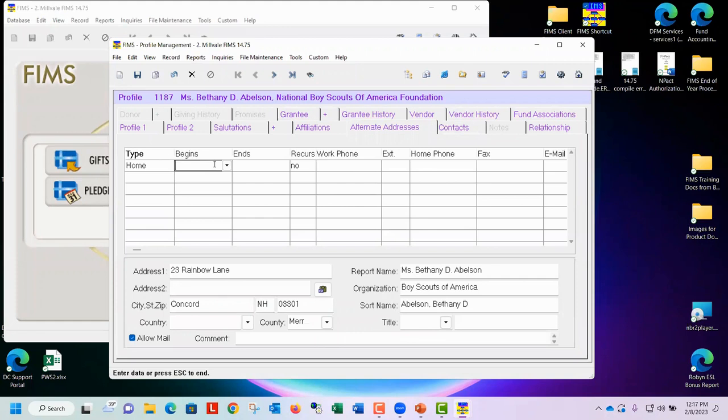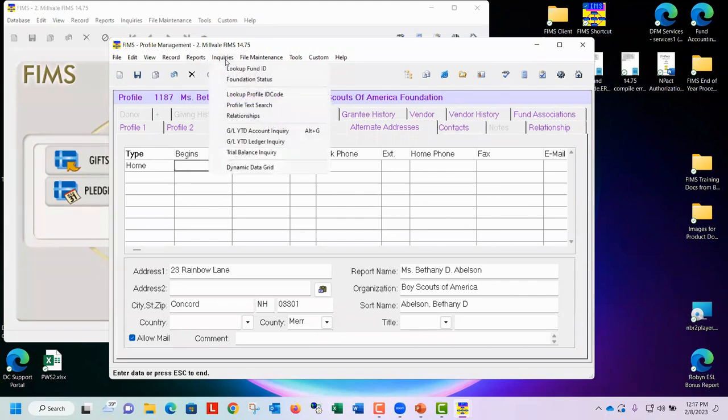All right, we're going to look at the profile text search. This is my favorite search in the whole system because it allows you to search multiple fields in FIMS, especially if you're looking up a name. There are multiple name fields in FIMS that you might want to search, and the profile text search allows you to do that. So under Inquiries on the menu bar, there is Profile Text Search,